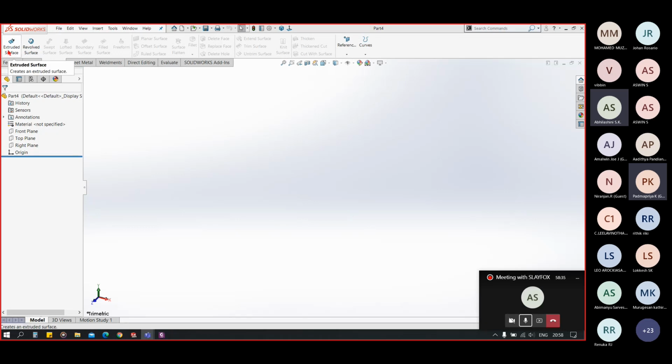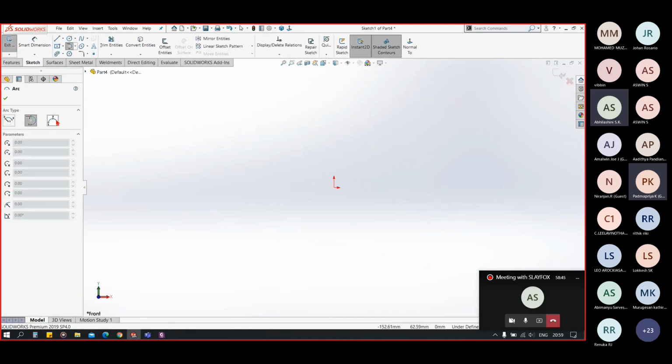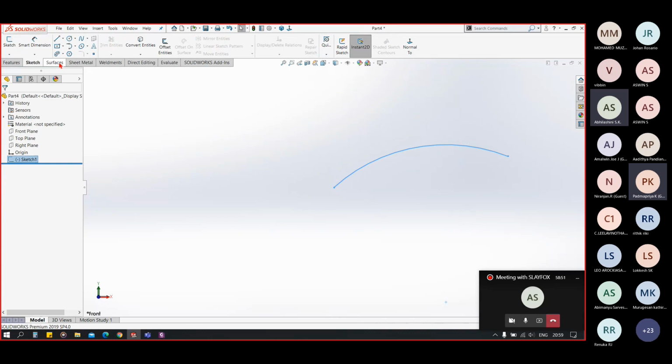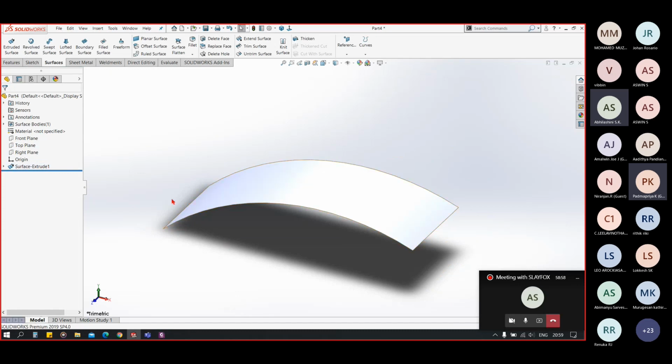Similar to 3D, we have extruded, revolved, swept, and that all here. So you can see we can have our extruded surface here. In the swept one, again we will need a profile.